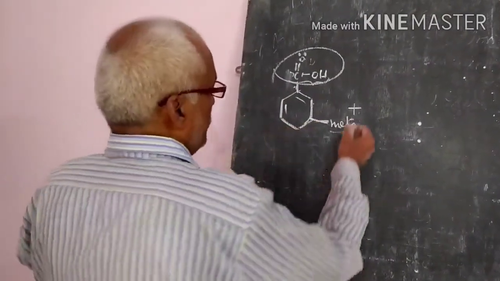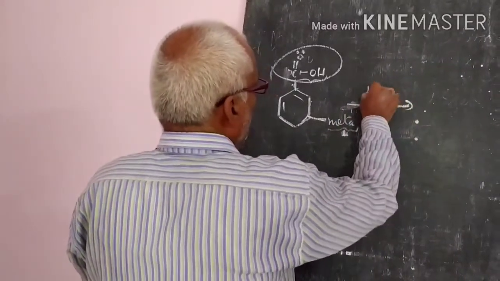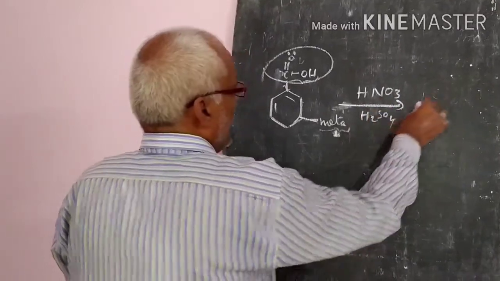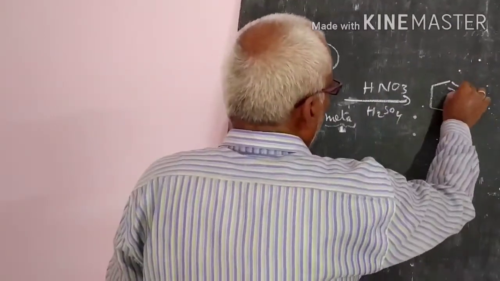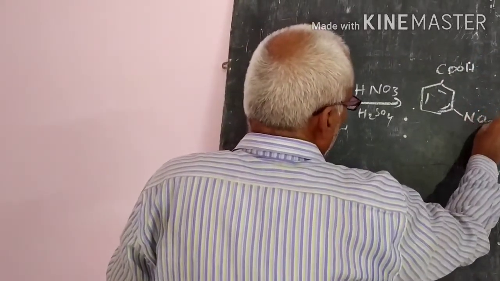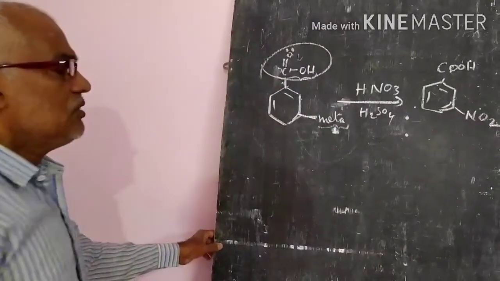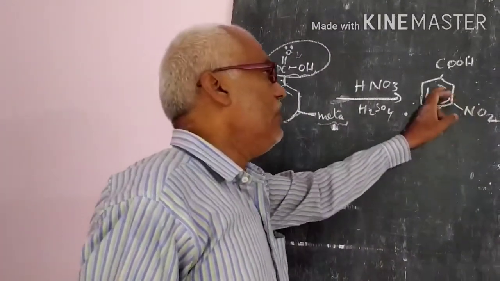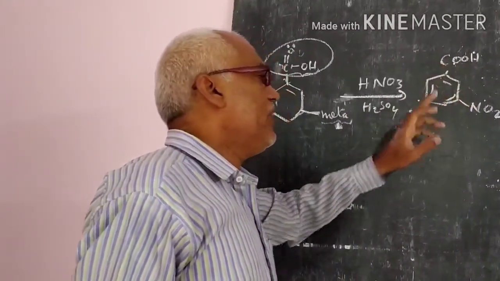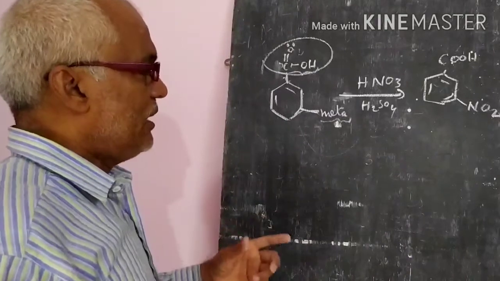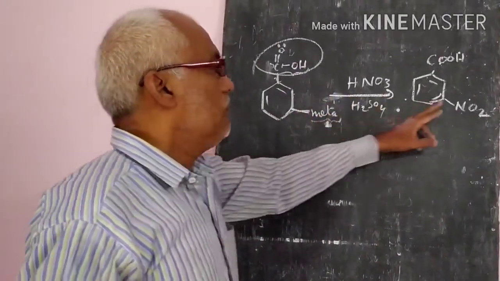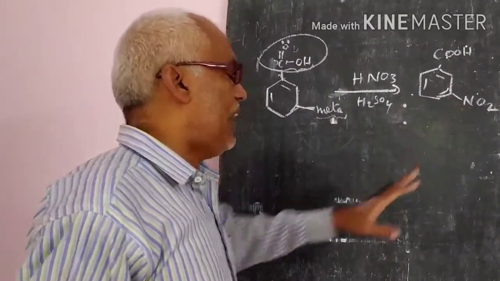For example, nitration: if you take the mixture of H2SO4 and HNO3, the nitro group will be attached at what position? NO2 is at the meta position. So what is the name given? Meta nitrobenzoic acid, or 3-nitrobenzoic acid. So like that the name is given. Similarly, if it is a bromine mixture, the bromine group will be added, or the nitro group will be added, like this.